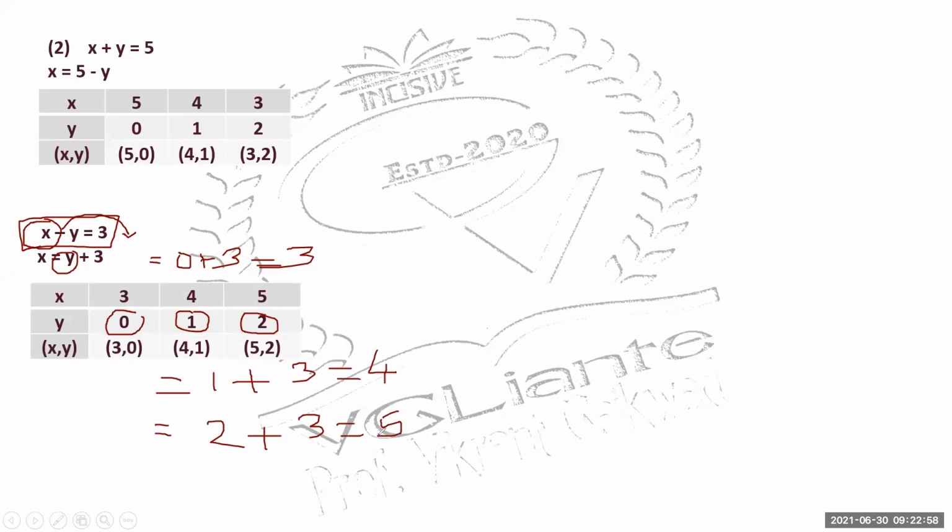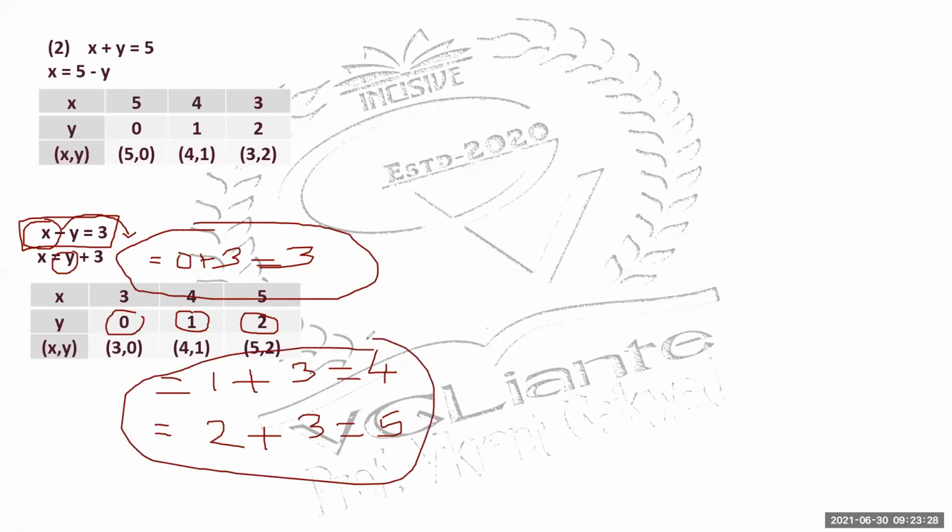Check, very simple. You can show these calculations, and I'll suggest all the students, don't get overconfident that now you can solve it orally. You can show these calculations in your answer sheet, understand? If you show these calculations, you can avoid mistakes. So this substitution work, you can show it on the answer sheet.